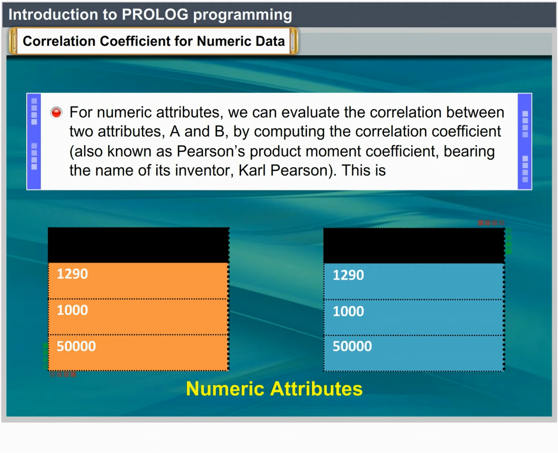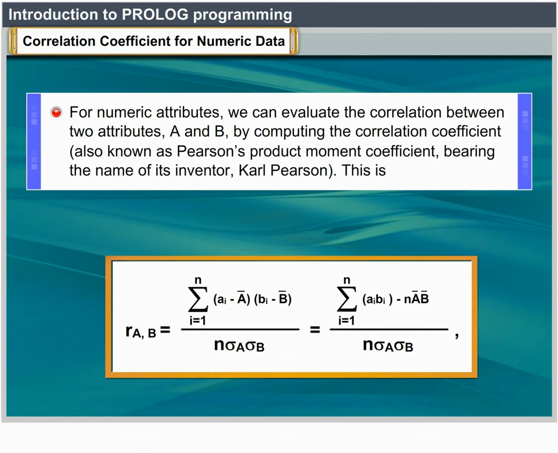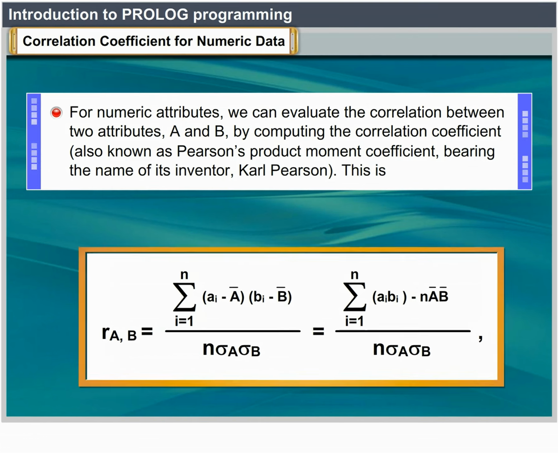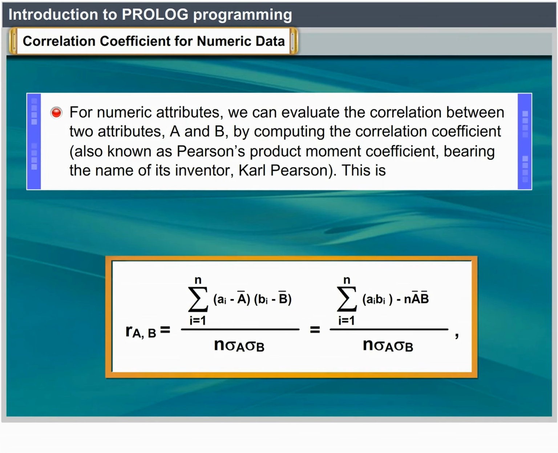This is r(A,B) equals the sum from i equals 1 to n of (ai minus A bar)(bi minus B bar) divided by n sigma A sigma B, which equals the sum from i equals 1 to n of ai bi minus n A bar B bar, divided by n sigma A sigma B,